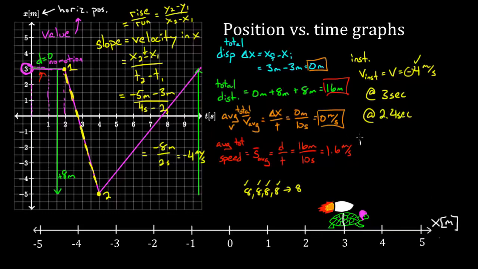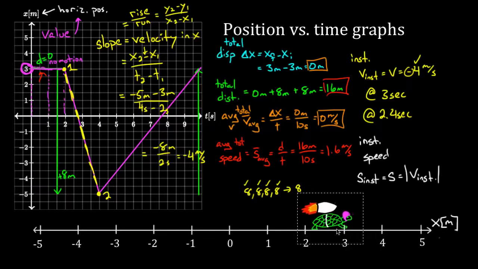One last thing. Let's say you were asked, what's the instantaneous speed at a point? So I'm going to write that as S-I-N-S-T, instantaneous speed, or just S, because that's usually what we mean by speed, equals, well, absolute value of the instantaneous velocity. So now here I've got to make an assumption. This is going to get a little subtle. If all we're given